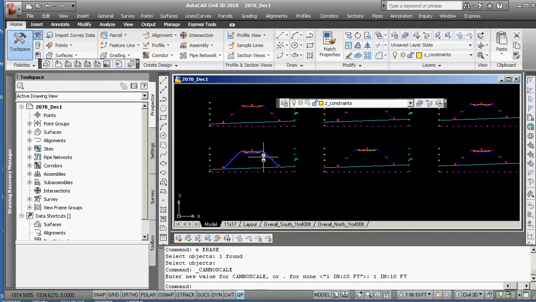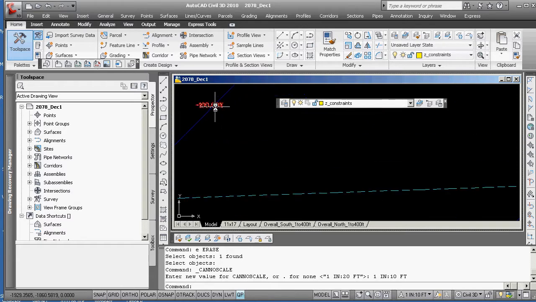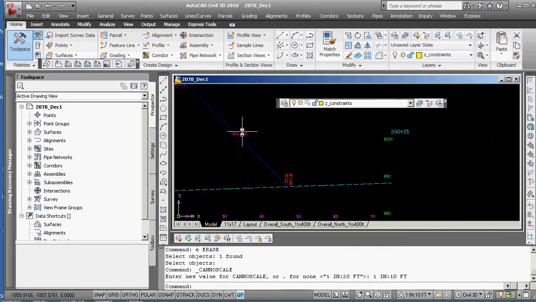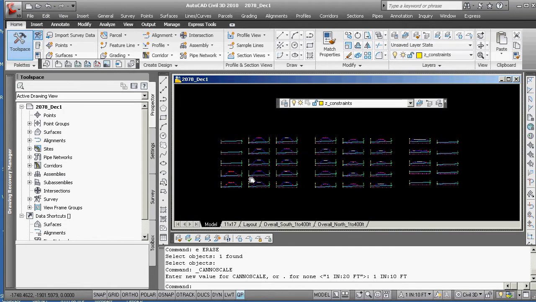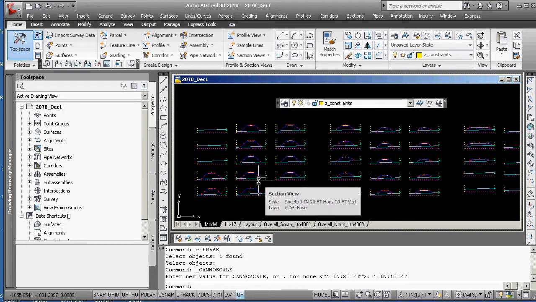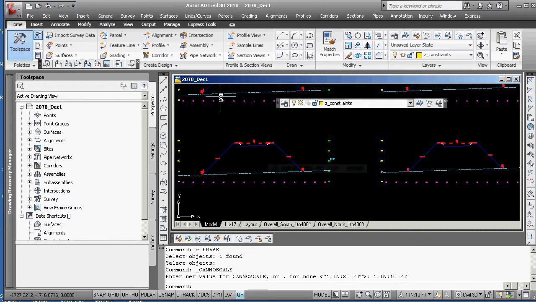There are too many labels, but for the most part, you're looking at the 1 to 1 here, 100%, and station offset labels. So you've got a fair bit there. That's how one goes about doing section views. These are each tied to sample lines, and so that makes up pretty much the bulk of the sheet that you've got to do. Last bit that is possible, and we'll try it even though we might not manage it,